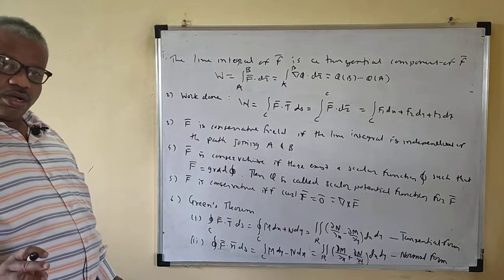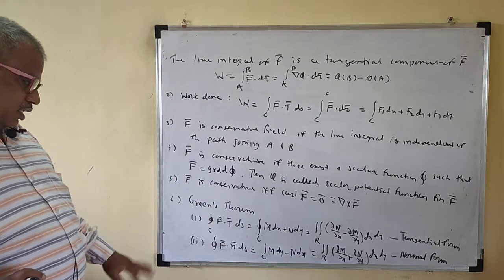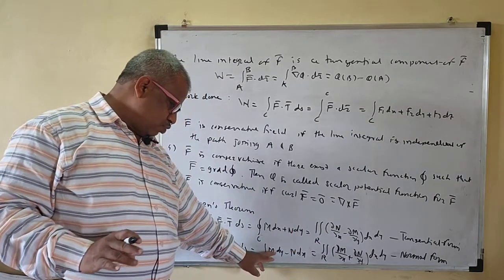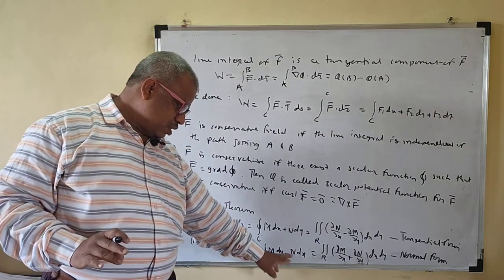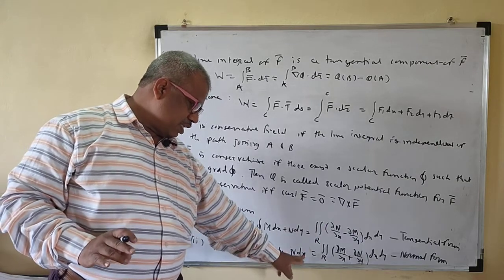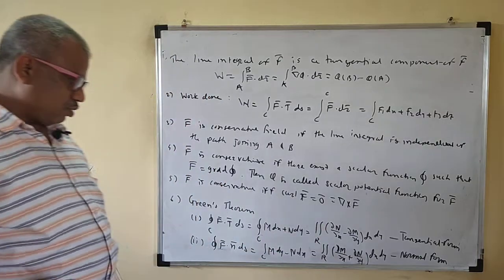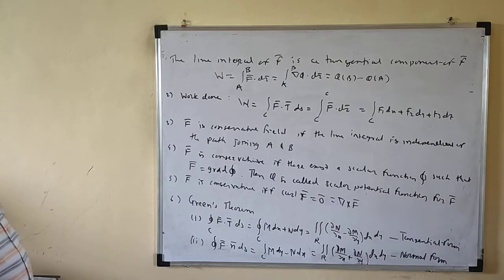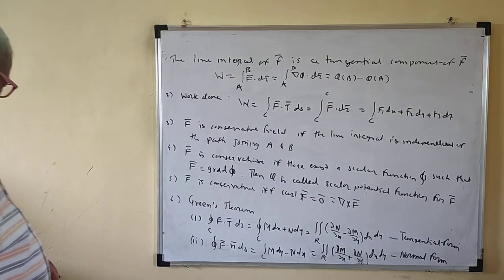So this is also Green's theorem. So M dy minus N dx is there. Then dou M by dou x plus dou N by dou y. So minus is there, plus is there. Take care of this one. So these are both the Green's theorem. Okay. So the value will be the same.